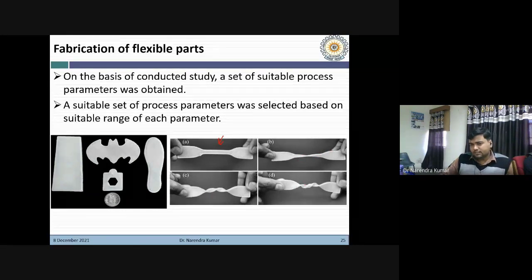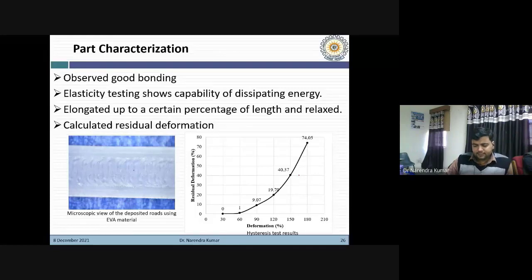You can see the flexibility of the material, right? It was really very flexible in nature. We were able to bend it, we were able to twist it. So it confirms the feasibility of our setup for flexible part fabrication.